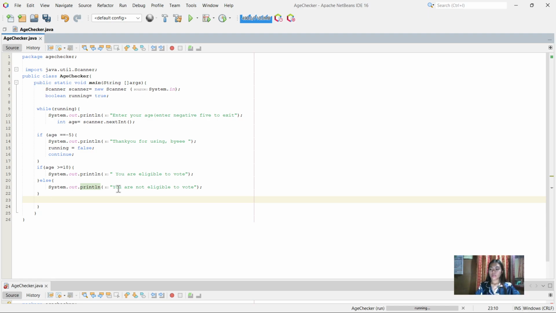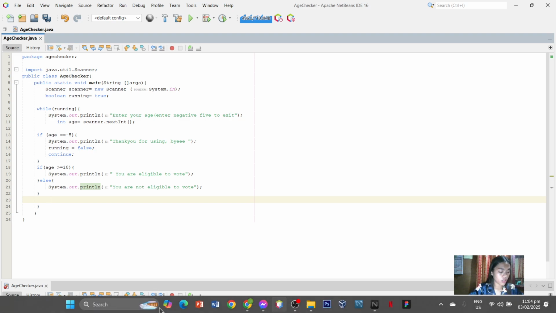After that, since the instruction is asking us to classify the age group, whether you are a child, a teenager, an adult, or a senior citizen, we're going to add another if statement.